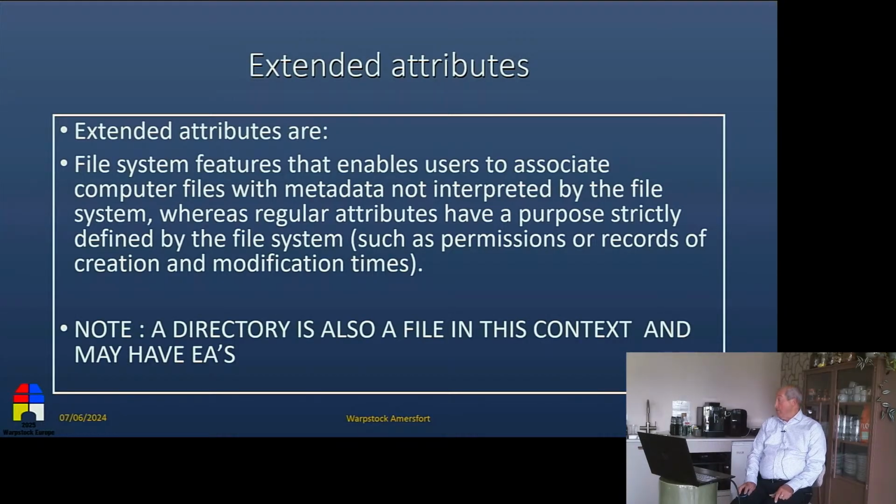In this case, a directory is also seen as a file with regards to extended attributes. The only problem is, when you are handling extended attributes, the so-called approved method is to lock, well, not lock the file, but at least make sure you are opening it as share only so that nobody else can change it. You can't do that with a directory, so there's no way of protecting changing EAs on a directory. Great fun.